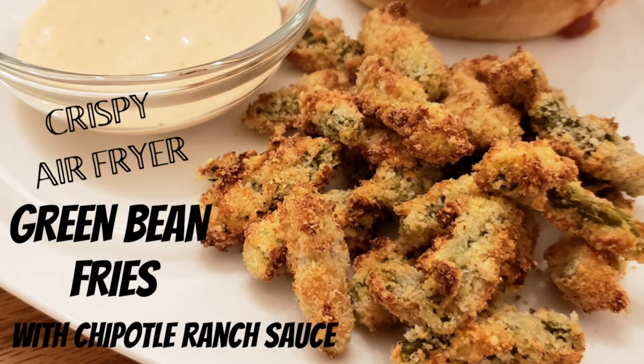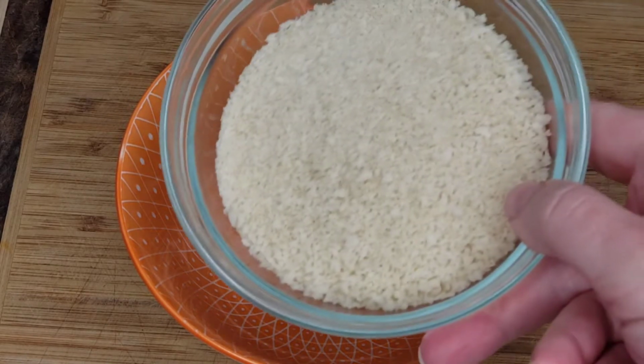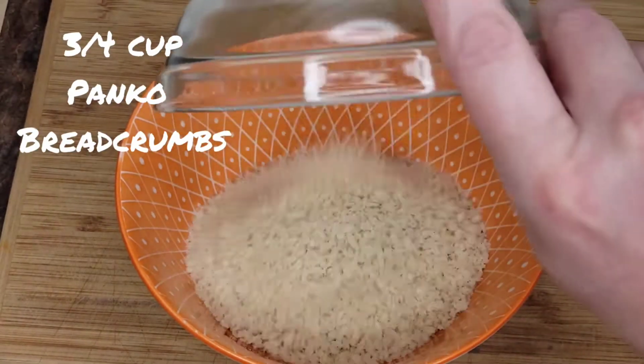And now let's get started. I'm going to show you how we make these crispy air fryer green bean fries. To start, we'll assemble a simple breadcrumb dredge. We'll use 3/4 cup of panko breadcrumbs,